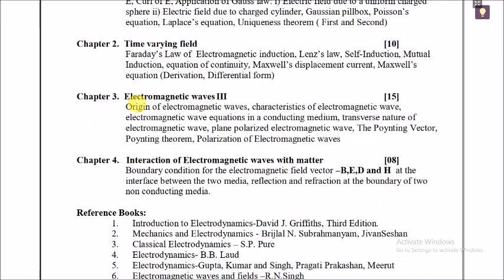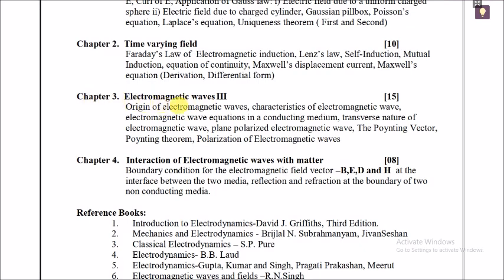Then the third chapter, that is the electromagnetic waves. So we already know that light is nothing but an electromagnetic wave. That is, light has an electric field and a magnetic field, so combined it is called electromagnetic waves. In this chapter we are going to study all about electromagnetic waves, meaning its origin, then properties, different types of phenomena, then different types of theorems related to this electromagnetic wave that will be given